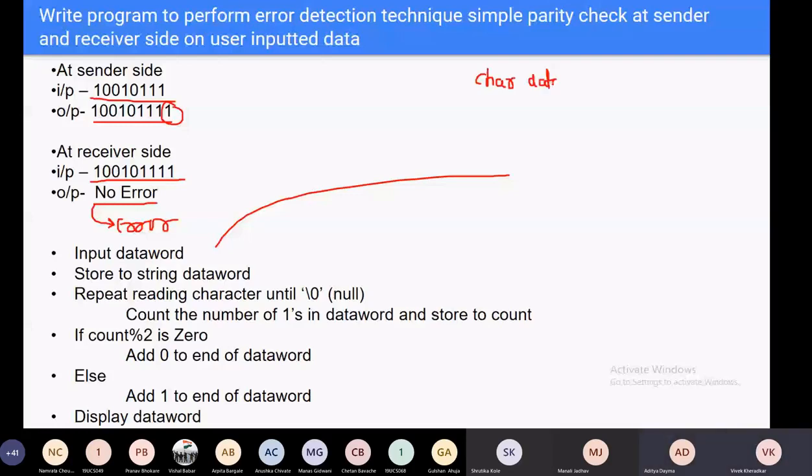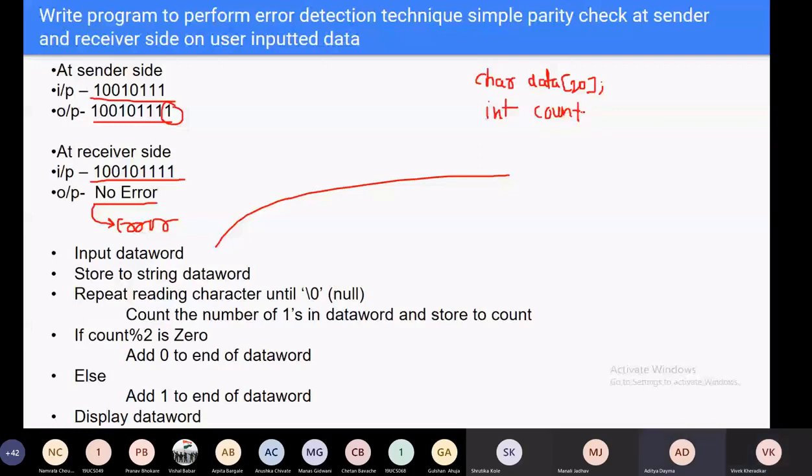What size are you taking? Character data of size, for example, 20, right? Yes, sir. Next, we have to declare one variable to count the number of ones. That is an integer count, initialized to 0, right? Yes, sir. Good.